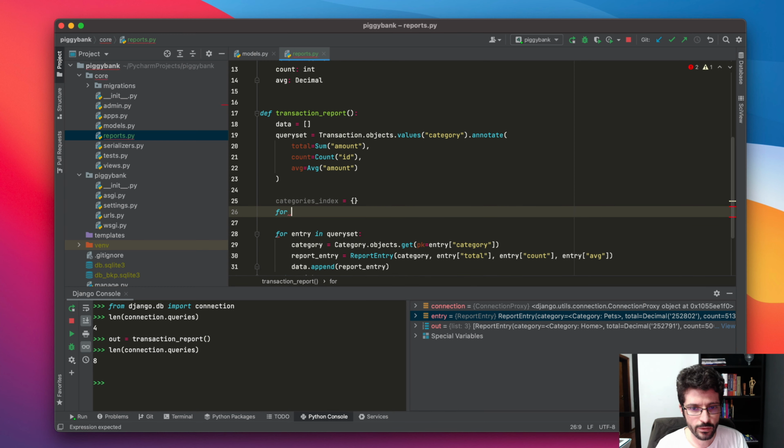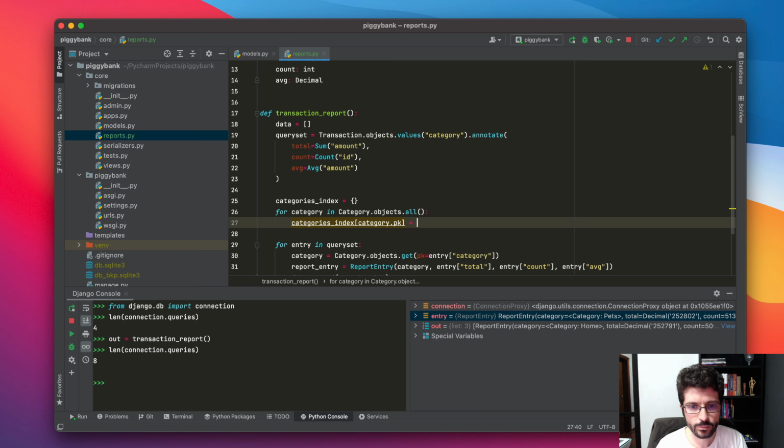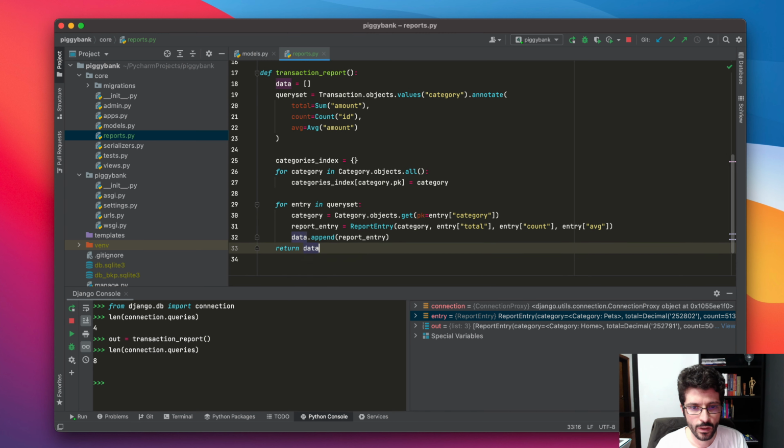So for each category in Category.objects.all, and then you create here the category index, and you set as the key being the primary key, and you assign here the category. Okay, and then here instead of making a new database query, you can just use your index, and then you get based on the ID here. Okay,